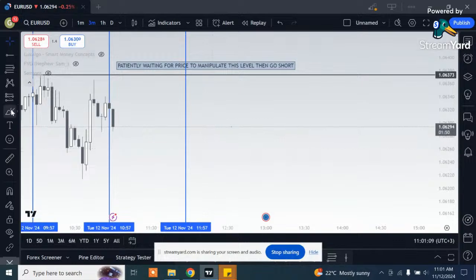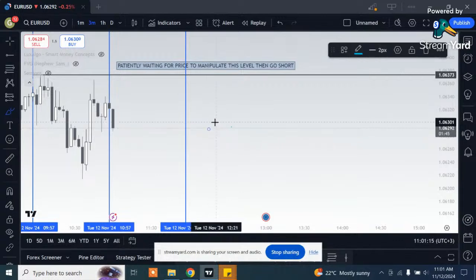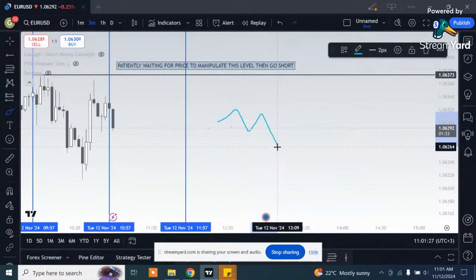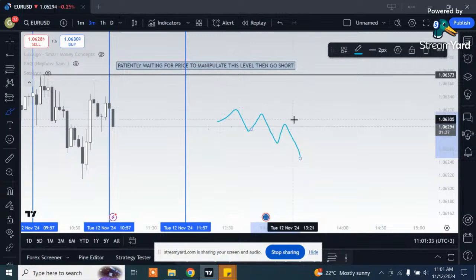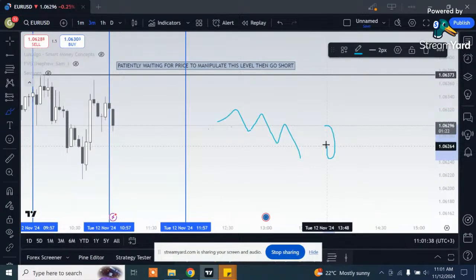Remember, with the strategy, once lower highs are forming, then what we want to do is drop down to the 3 minute time frame, and then basically look at the previous hour's candle. So if, let's say, this is the previous hour's candle, we want price to hit it, then